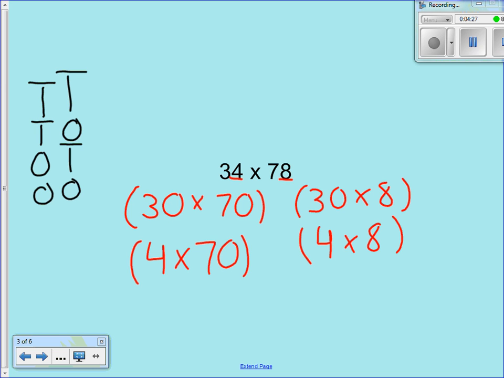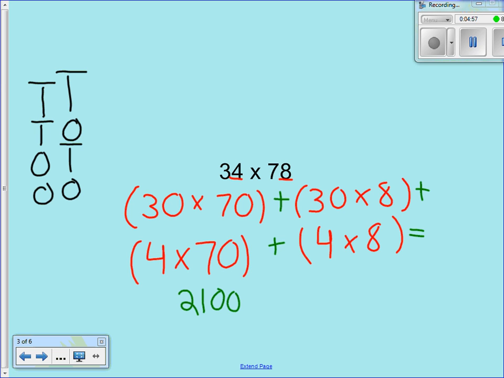Now, as with the problem earlier, after we broke it apart, we had to put it back together. And again, we used adding to solve that. And now, using our multiplication skills, we can figure out each of these partial products. 30 times 70 would be 2,100